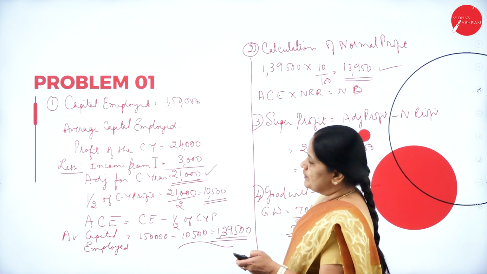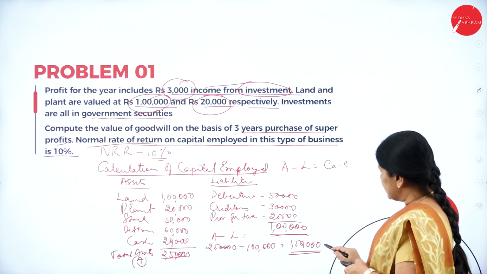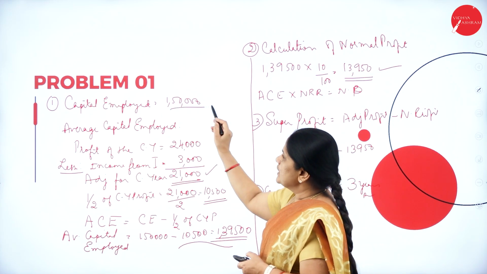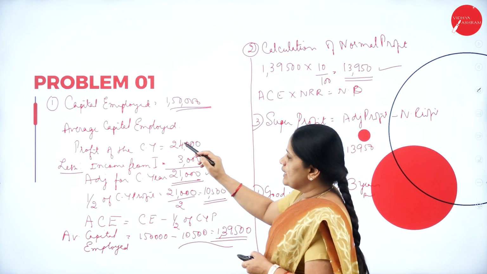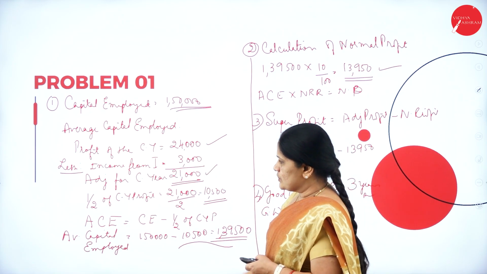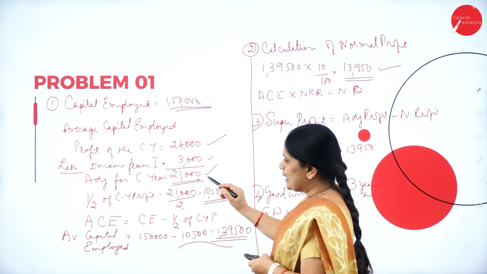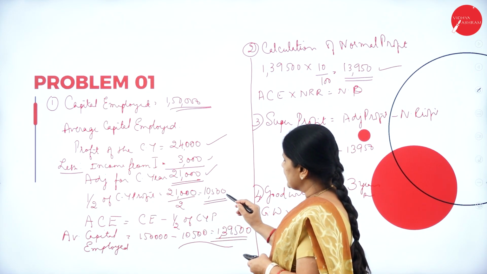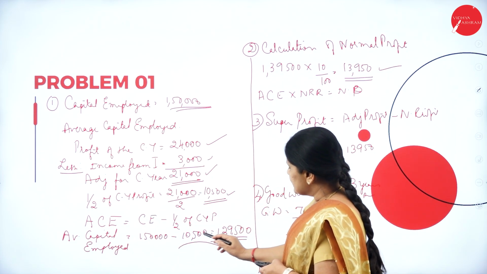So first, the calculation of capital employed: all the assets minus all the liabilities gives the capital employed. Then, with the capital employed, I calculate average capital employed. For that, I make use of the profit for the year. The profit for the year is 24,000. The adjustment is that income from investments has to be deducted, so it will be 21,000. This is the adjusted profit for the year, and from this I take half of it. So, 1,50,000 minus 10,500,